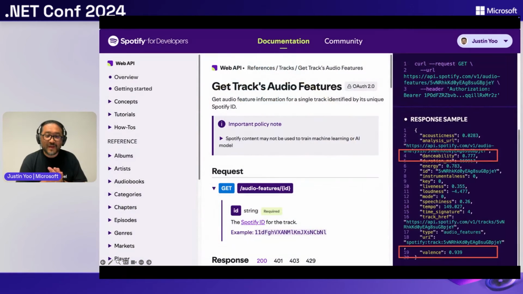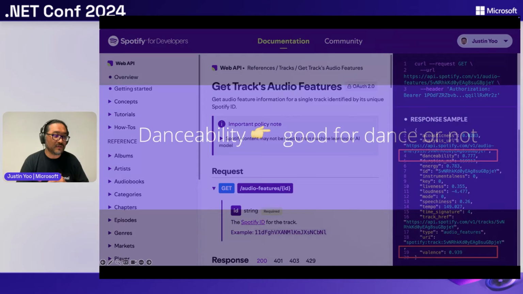Another interesting API that Spotify offers is audio features. If I send a track ID of any Spotify song, it returns the feature analysis result like this. It contains many attributes like liveness, loudness, tempo, acousticness, and so on. But of all that, I noticed two attributes, which are danceability and valence. According to the API document,